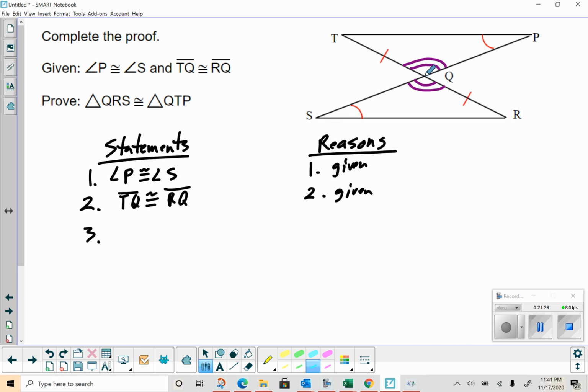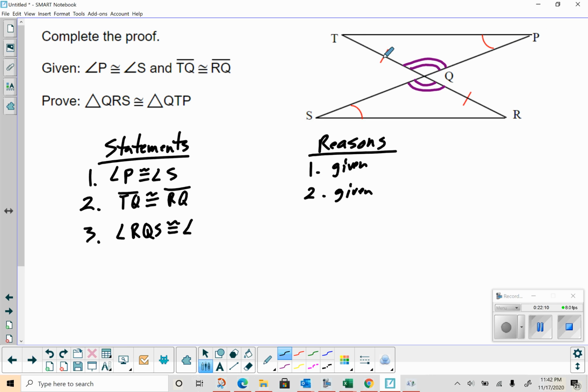For point Q, there's a whole bunch of angles that use Q as their vertex. We need to use 3 letters to name it. So we could say that angle RQS is congruent to angle, now we got to be careful here,